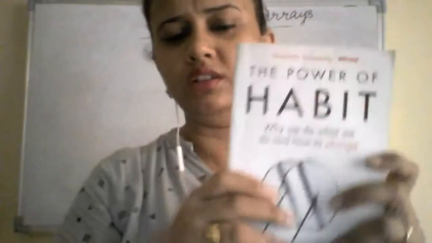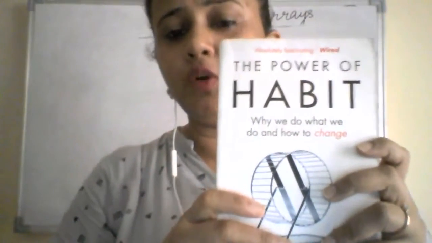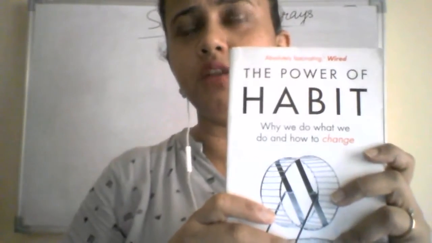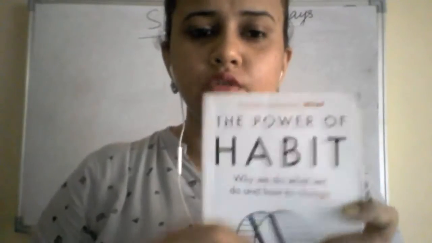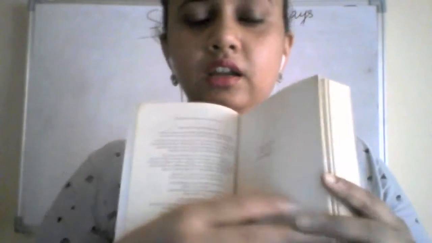Suppose this is some random book which I took out from my library, and I want to find page number 139. Do you think I will be using linear search for it? Do you think I will be going through the pages one by one to reach page number 139? Is that a feasible option?